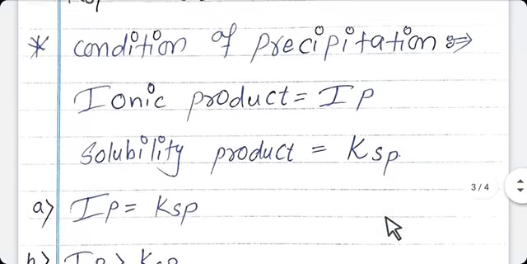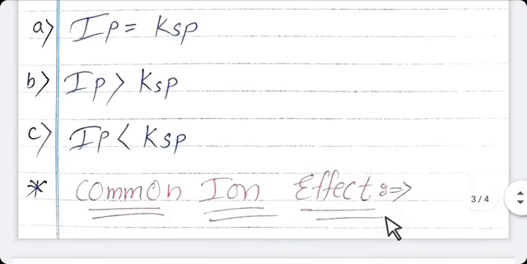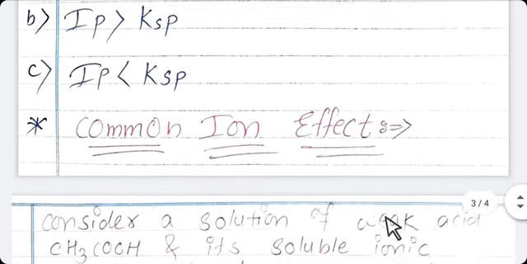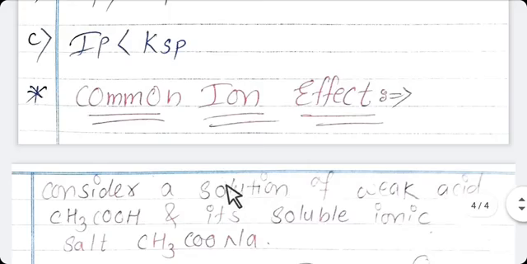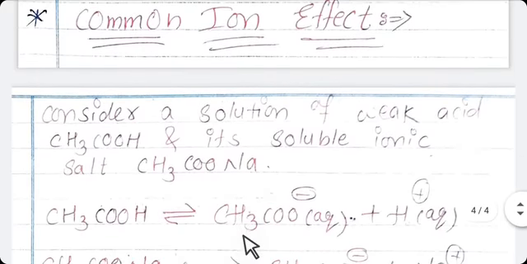The next topic in this chapter is common ion effect. To understand the common ion effect, consider a solution of a weak acid, acetic acid CH3COOH, and its soluble ionic salt sodium acetate. As we are already aware, a weak acid dissociates very slightly in aqueous solution. So here acetic acid is a weak acid, that's why it dissociates very slightly